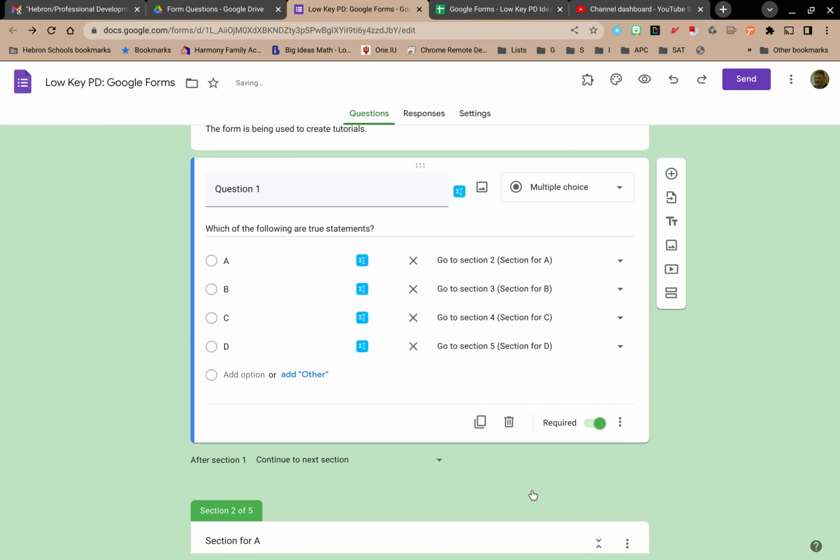Or you can have it submit the form, and what this allows you to do is generate a custom path for your users, if they're students, based on what they select. If they choose this answer, they go to this other part of the form where maybe that part of the form has some more information, or it has some examples to help them correct a wrong answer and a mistake